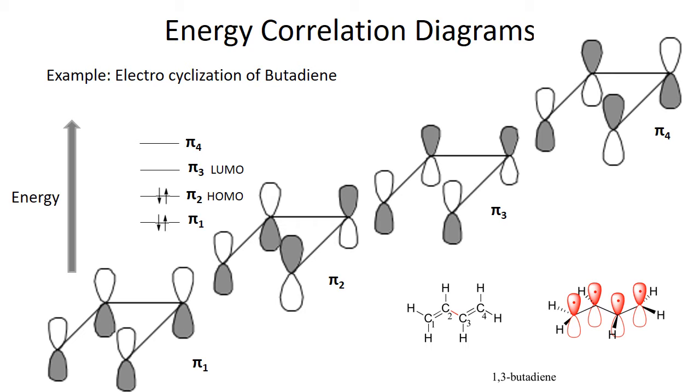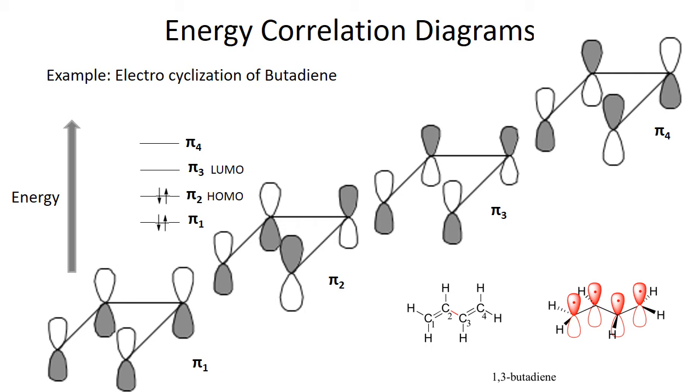Just like in the first one, the pi 1 molecular orbital. In this case, there is no node present, because a node, as we discussed before, is a place where the probability of finding an electron is 0. You can see where the sign changes. In the first, lowest structure, the signs of all the p orbitals are synchronized. The positive lobes are all on the same side, and the white or colorless lobes are also on the same side.